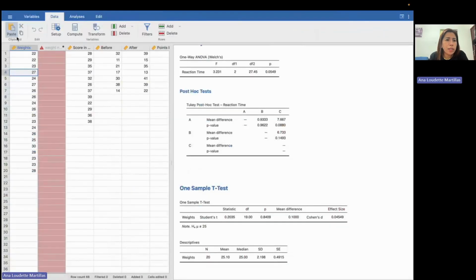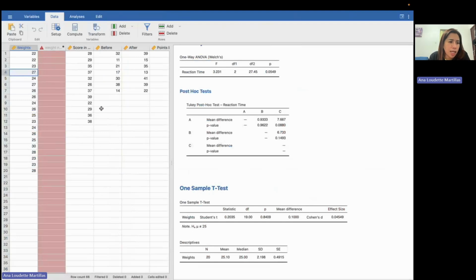So for the one-sample t-test, the sample problem is this: a research scholar wants to determine if the average weight of a student's everyday bag differs from a set value. The set value provided is 25 kilos. So all we have to do is open